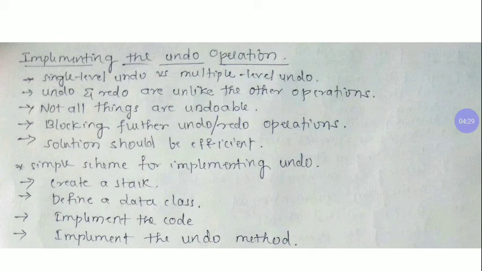The next is to implement the undo method. Implement an undo method in the controller that simply pops the stack, decodes the popped data object, and invokes the appropriate method to extract the information and perform the step of undoing the operation. That is the implementation for undo operations. These are some of the steps for the undo operation.